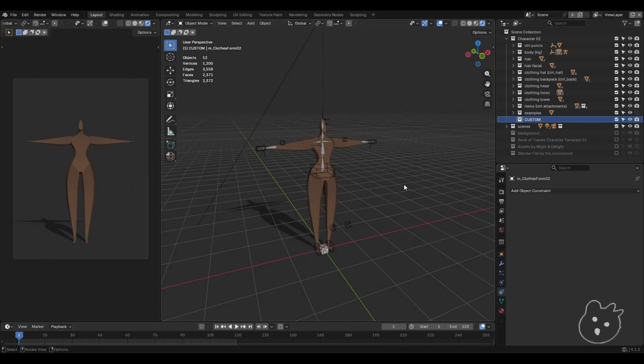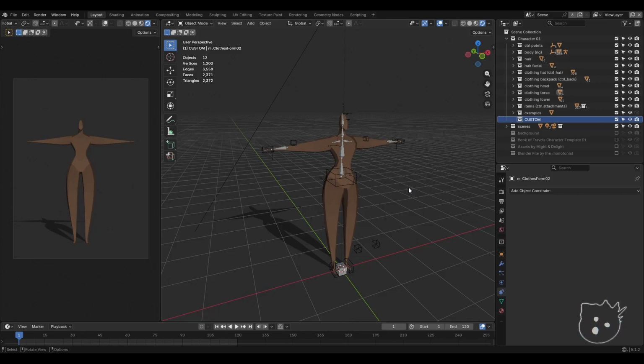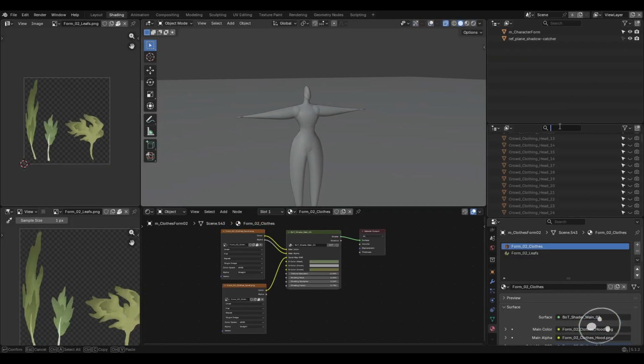But first and foremost, I would try to keep everything in the custom collection that I have right here. I mean, you can use whatever your own structure is, but this way, anything that you want to make changes to can all be stored in here, which makes it easy to separate your stuff from all of the pre-made things. So let's say that you wanted to just change a texture. So you're not changing a 3D shape, you just want to change the 2D texture that is on top of an outfit. So you can go over to here and let's just do